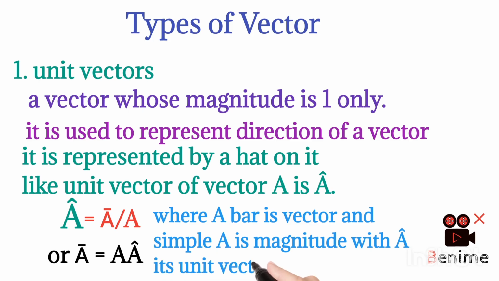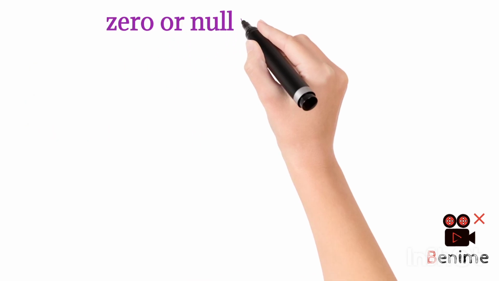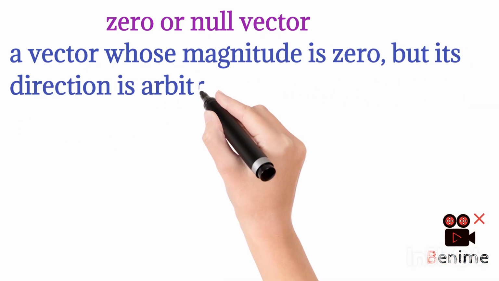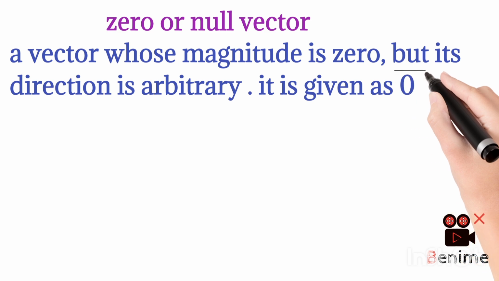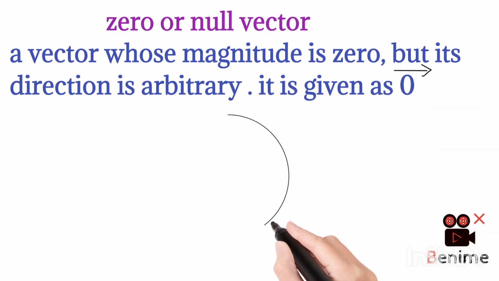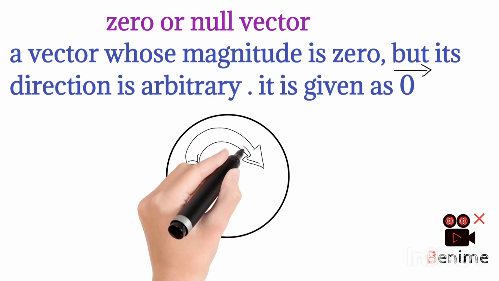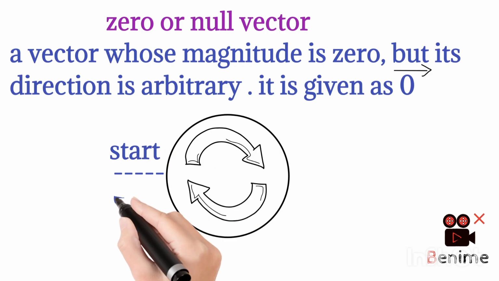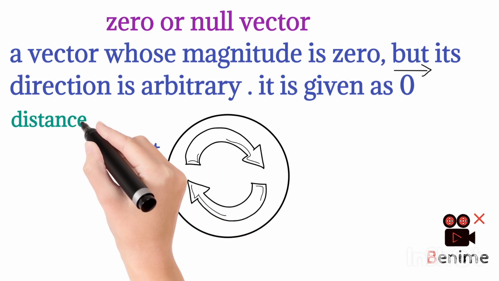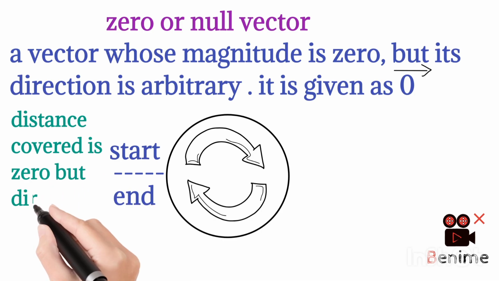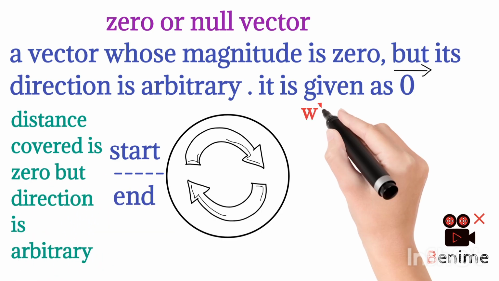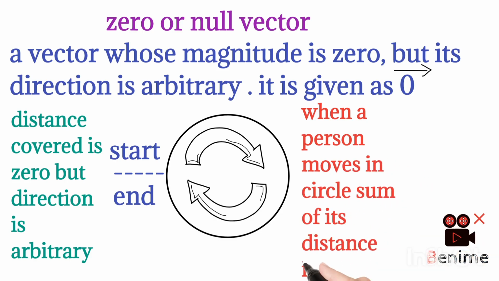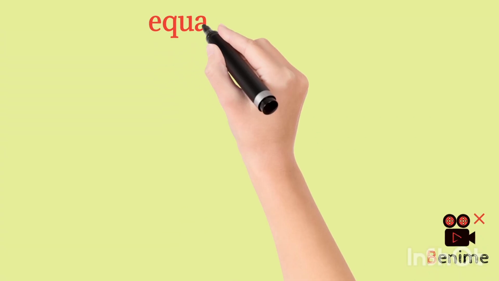But what happens if two vectors of the same magnitude but opposite directions are added? Their magnitudes cancel out to give 0, but still, they have arbitrary direction, because the addition of vectors is not like simple numbers. To express those vectors, we use the concept of zero vector. For example, the magnitude of displacement in a complete circular rotation is 0, but the direction of displacement is not 0. So zero vector is required here to explain displacement in a closed loop or anywhere